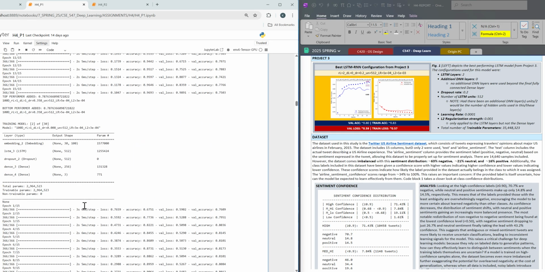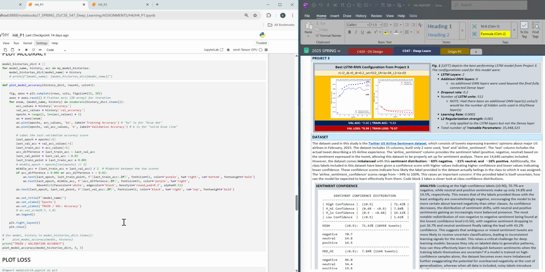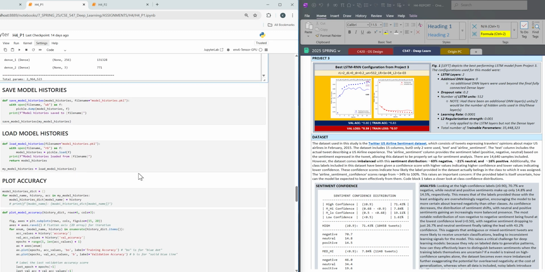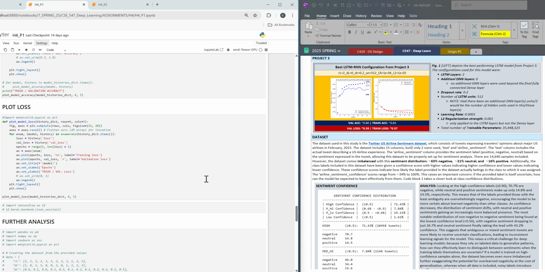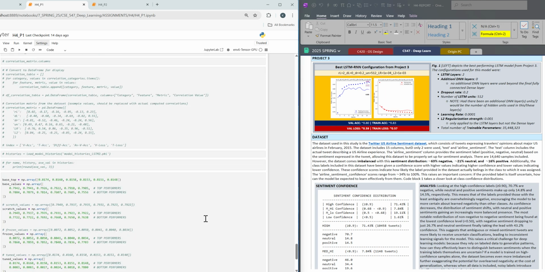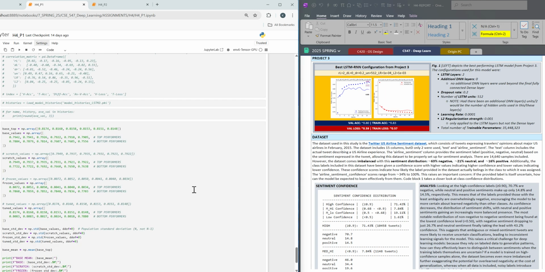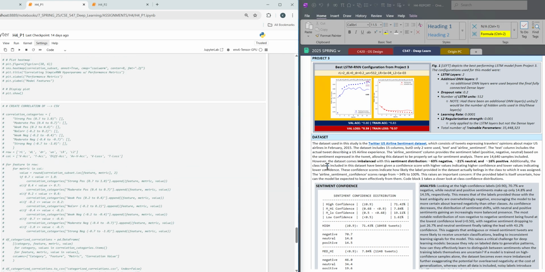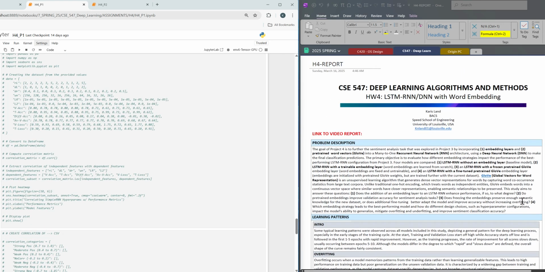And here's our training session printout and the model summaries. We've got our loads and saves, plot history, plot loss, and then that's stuff that needs to be deleted, and then that's for further analysis later. Okay, so going over here to our report,